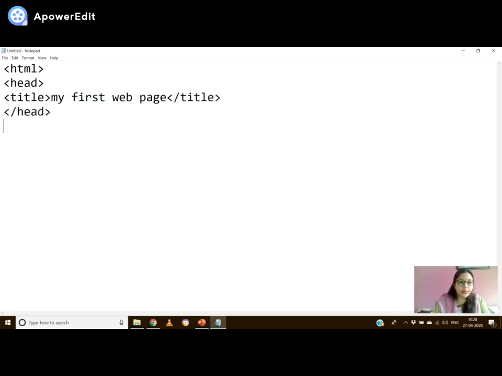Now I'm going to start my body section. In this body section, let me first write any heading. See, there are 6 types of headings, let me tell you. H1 is the largest font, like the heading of a web page, heading of any document, right? What is a web page? A web page is basically an online document, right? So H1 means the largest heading font for any heading which we are going to display. Hello everyone. So let us display this only. H1 requires to be closed.